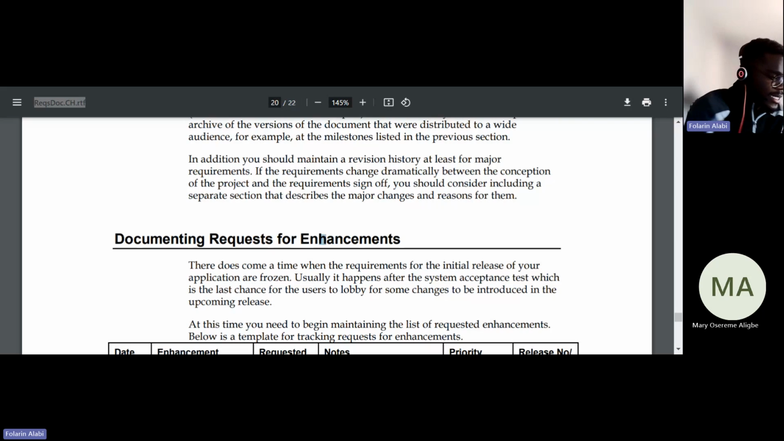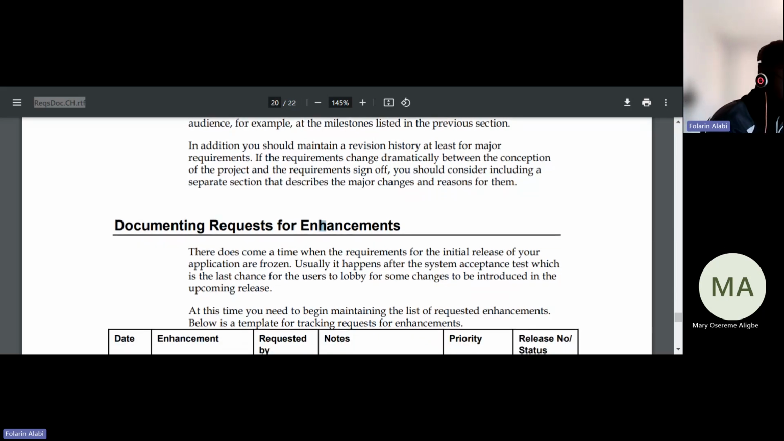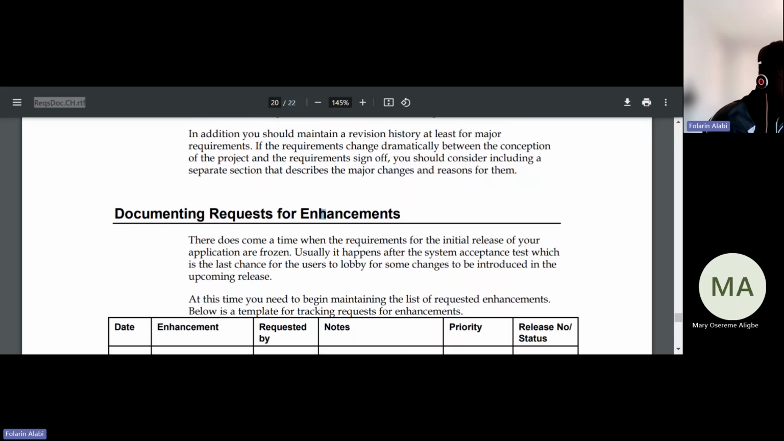All right. At this time, you need to begin maintaining the list of required enhancements. Below is a template for tracking requests for enhancements. There comes a time where the requirements for the initial release of your applications are frozen. Usually it happens after the requirement acceptance test, which is the last chance for the users to lobby for some changes to be introduced in the upcoming release. Okay. So there comes a time whereby